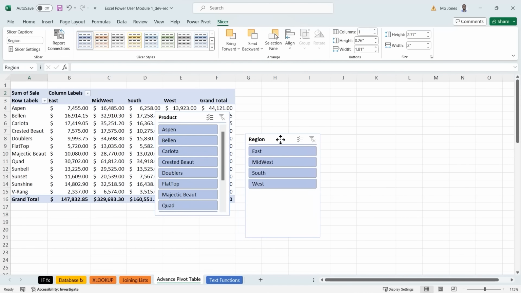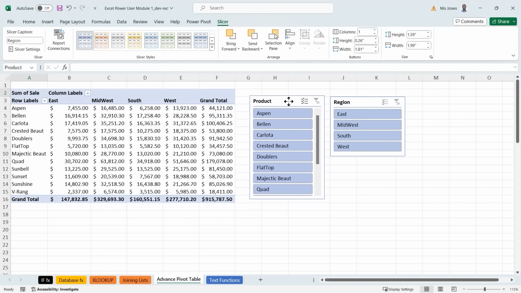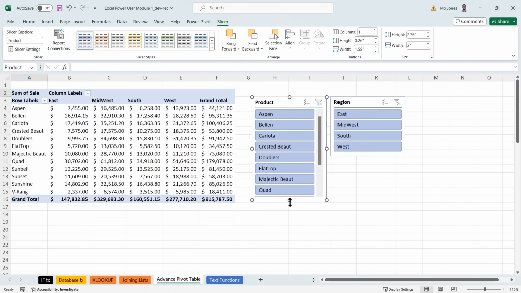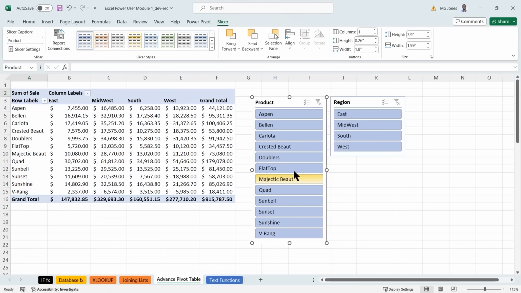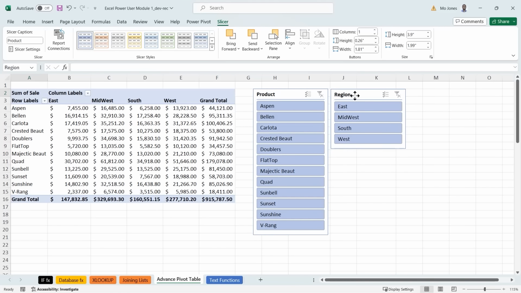I'm going to go ahead and move them around. I can resize them. I have quite a few products, so this slicer is a little longer. So I can actually display this slicer in two columns. But before we do that, let's see what our slicer can do. So if I'm presenting this data and I'm asked about a particular product, if I just click here, let's say